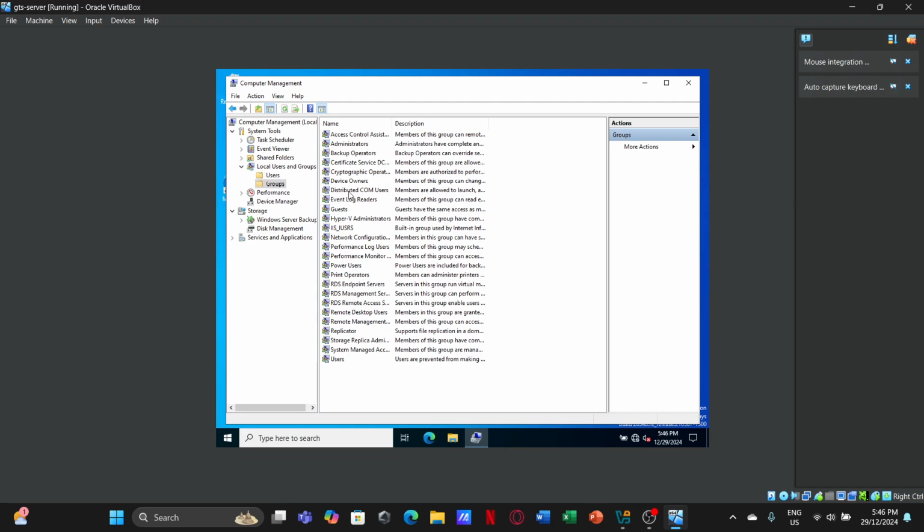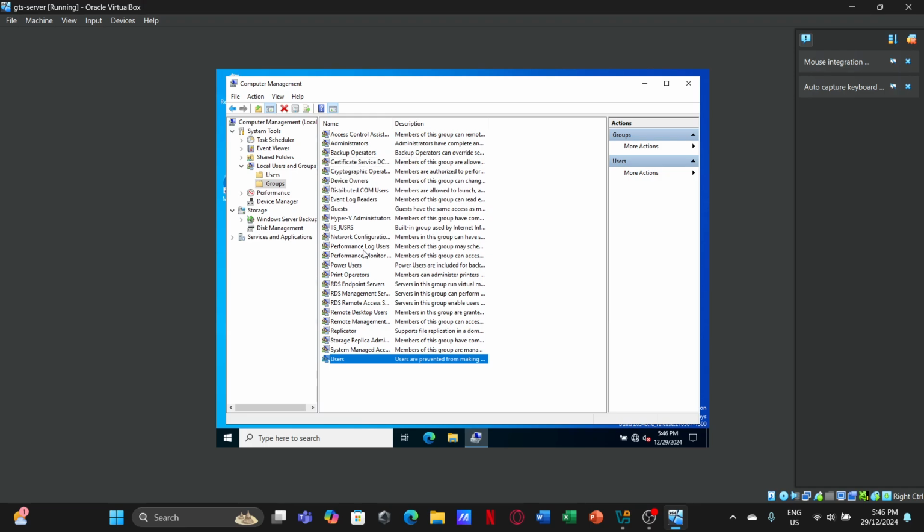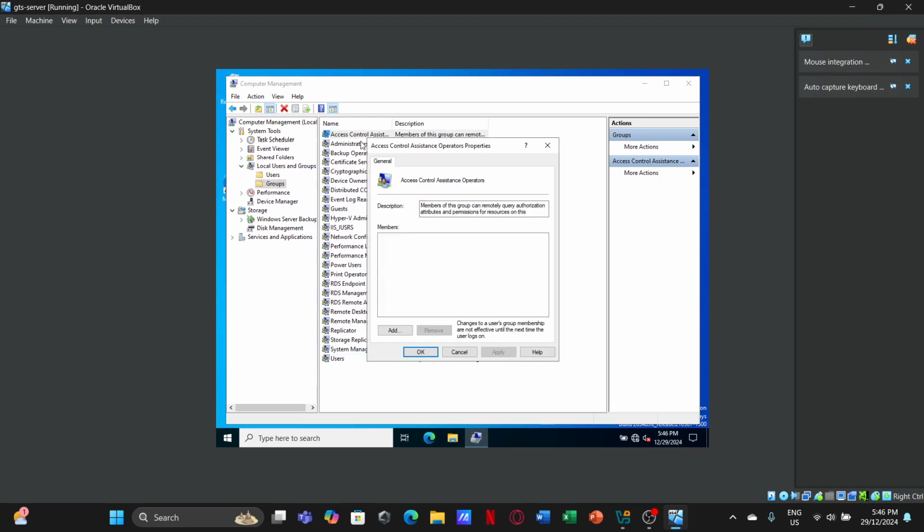But we will be going to the groups now to see the actual users, which is everyone. But only 2 out of the 7 have an administrator role, which is Ares and Kratos, which are in